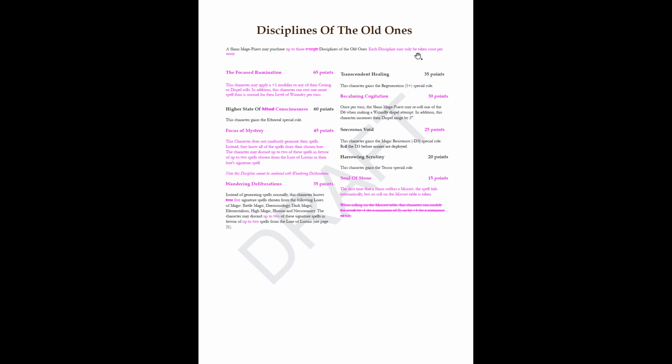It's 65 points, but you get +1 to casting and dispelling, and you can cast an extra spell, so you actually go up to level 5. I think it's expensive, but I think it's strong, because having that +3 makes it so you dominate